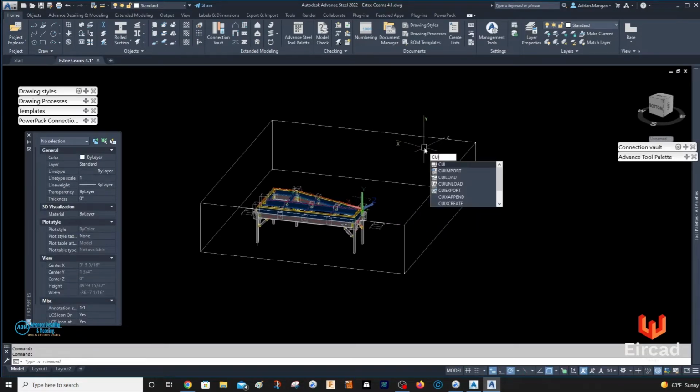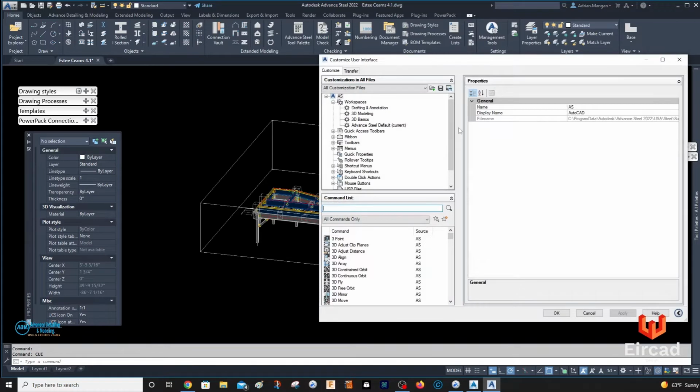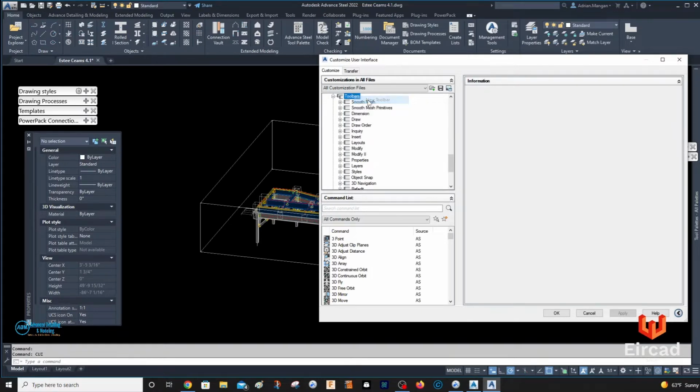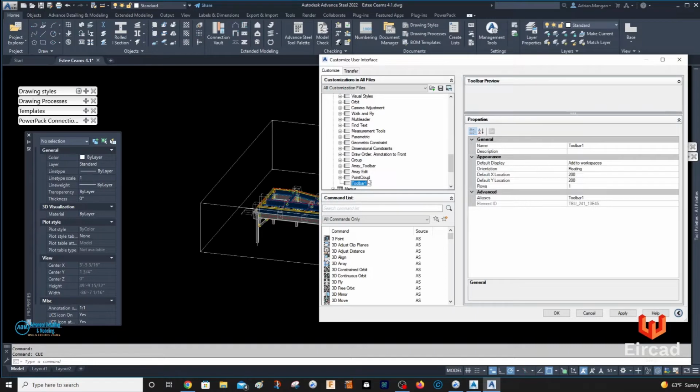Now we're going to create a toolbar. Let's go into the custom user interface: CUI, return, go to your toolbars, click on the top and choose new toolbar. We're going to call this AirCAD, for argument's sake, and I'll make it all capitals so it sticks out more. Now you want to put some commands in there. This is another way of having more commands available on the screen.